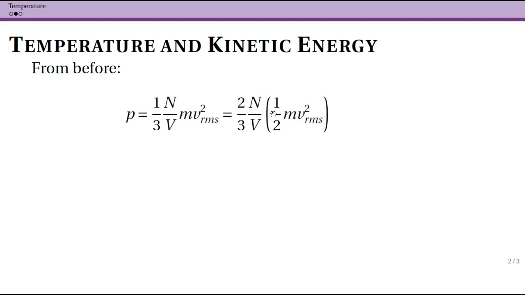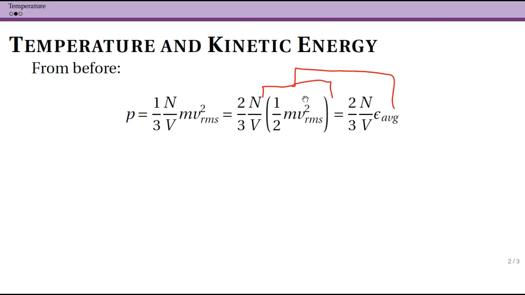Now note that this 1/2 I pulled into the parentheses, but I didn't originally have a 1/2. So note that the top becomes 2. This way 2 would cancel with 2, leaving 1/3 of what I originally had. So this is kind of a nice mathematical technique. You can make fractions appear as long as you have factors out front that cancel. So now you can clearly see that my average kinetic energy was just that term,